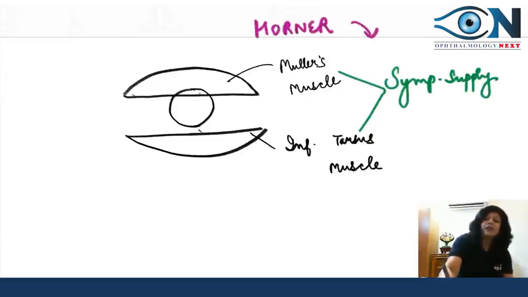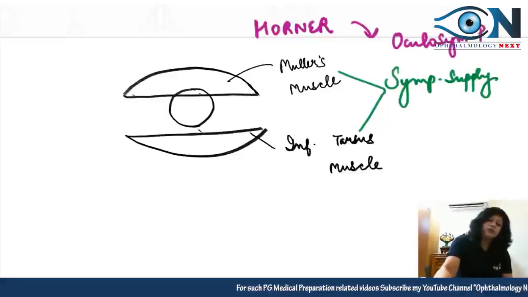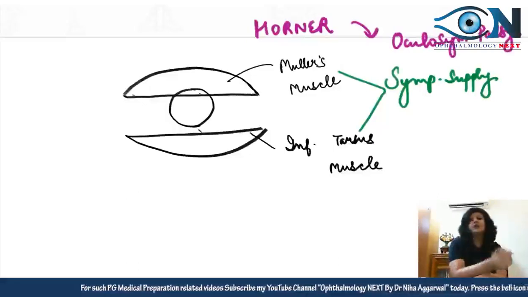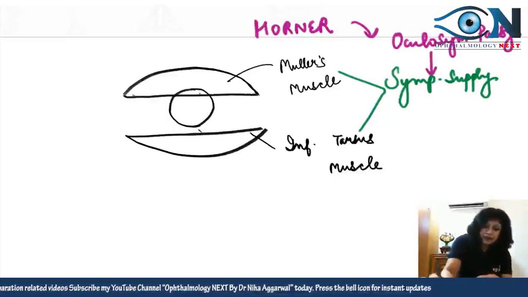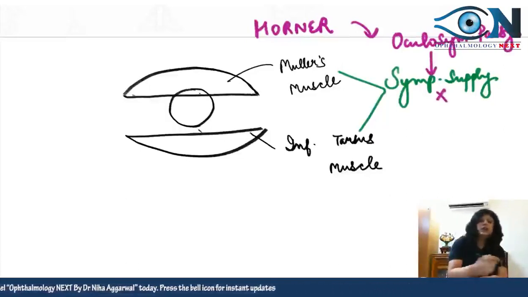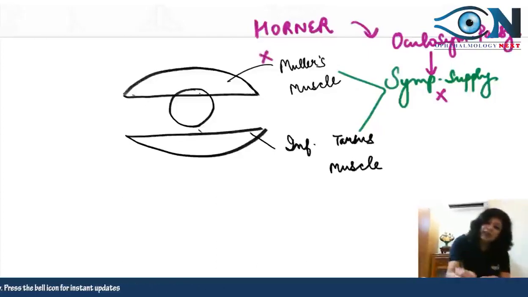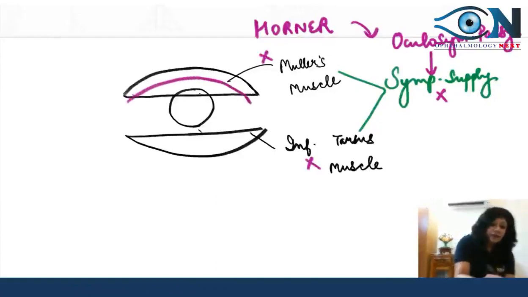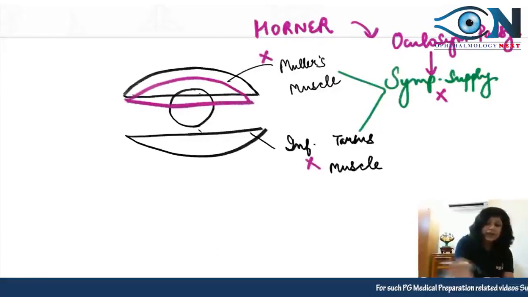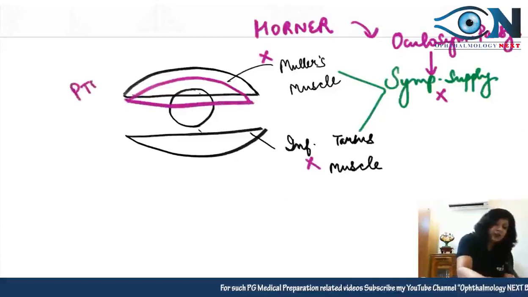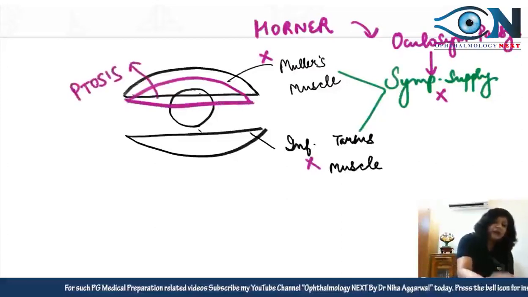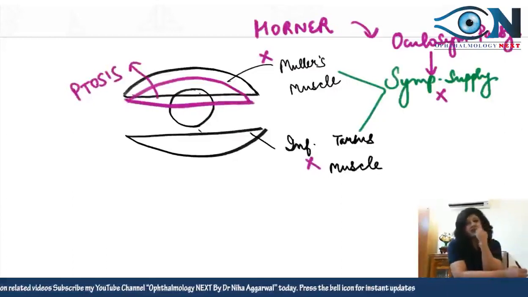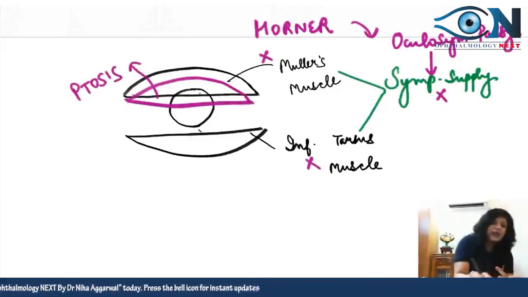We will have the oculosympathetic palsy. So in Horner syndrome, because we have oculosympathetic palsy, we will not be having this sympathetic supply. So Mueller's muscle will also not act, and the inferior tarsal will also not act. So what will happen? This upper eyelid will come down, right? Upper eyelid will come down. This is your ptosis. So what are the parts of Horner syndrome that we discussed? We have ptosis, and this lower eyelid will also